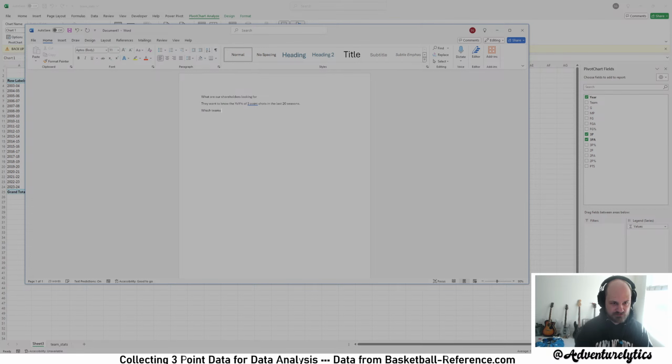Which teams are shooting the most 3-pointers? Do they win shooting 3-point? How do television ratings coincide? We should say relate. How do television ratings relate to this rise in 3-point shots?